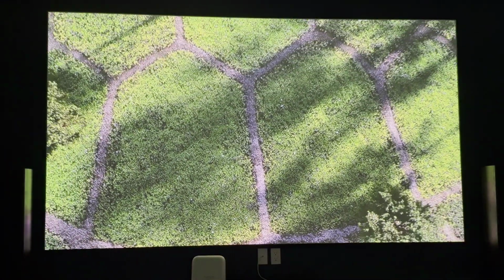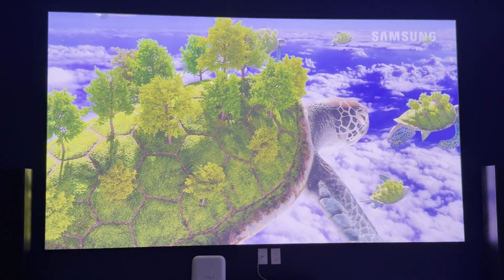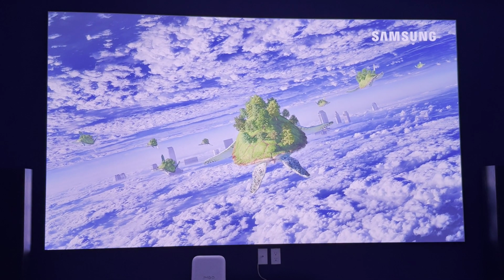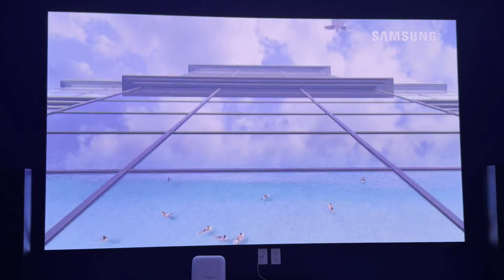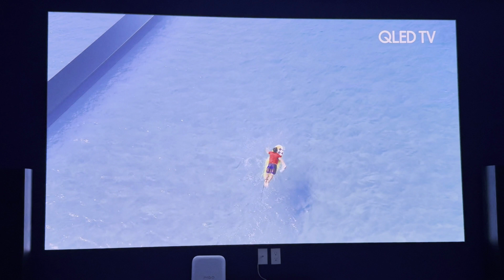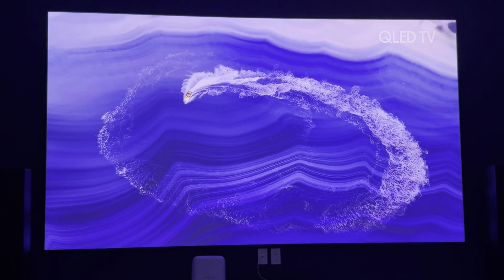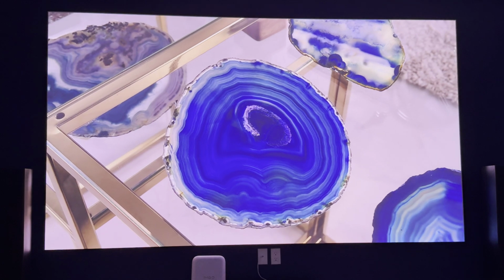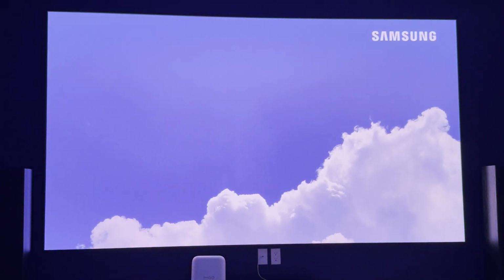Now again, I can tweak the settings on the phone. I can also tweak the settings on the projector, but this is showing quite nice. Again, there's a tiny bit of red in that image, but certainly not as much as some of the other ones. So really impressed with how this projector looks, really impressed with how this projector sounds, and just the lightness